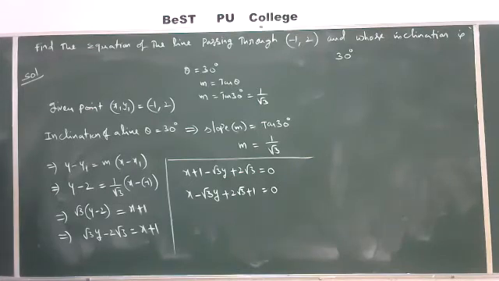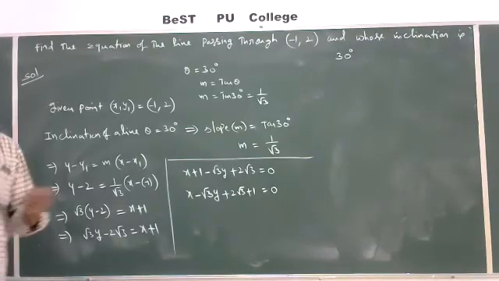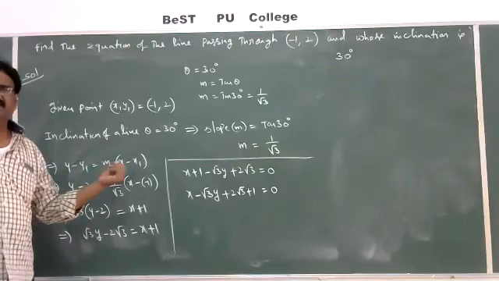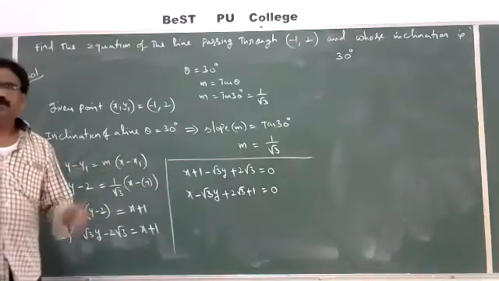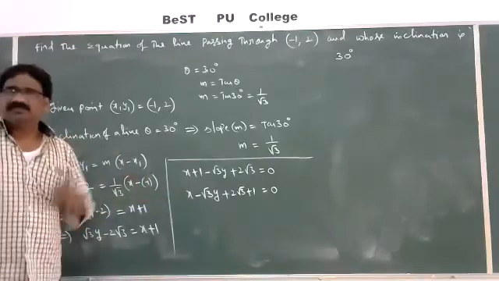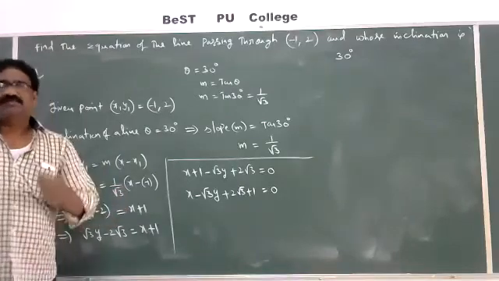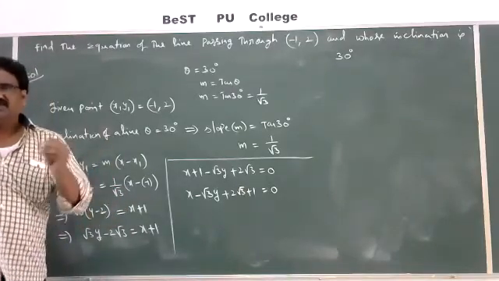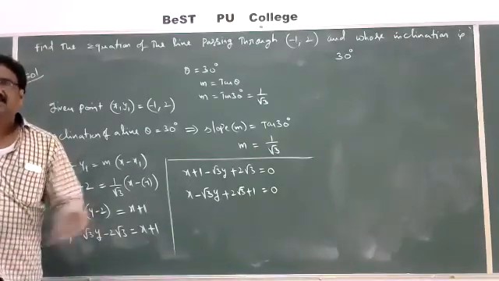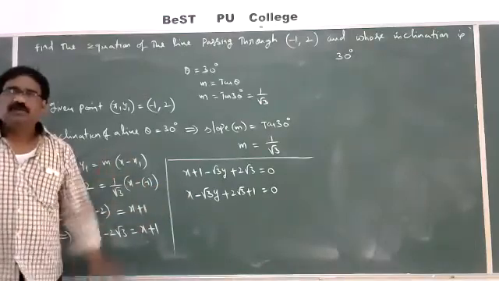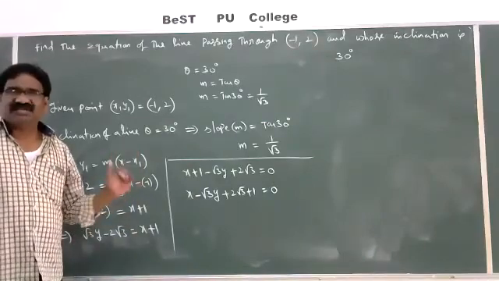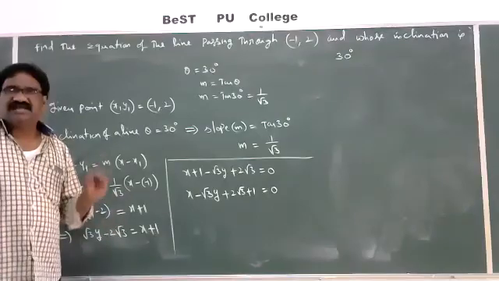So here we discussed two models. If the point and slope are given directly, use y minus y1 is equal to m into (x minus x1). If the point and the inclination of the line are given, you know by the definition of slope that the tangent of the inclination is nothing but the slope, that is m is equal to tan theta. If inclination theta is given, find the slope m is equal to tan theta, then use the same point-slope formula and you get the answer. So tomorrow we will continue the same class at the same time with more problems on these formulas.